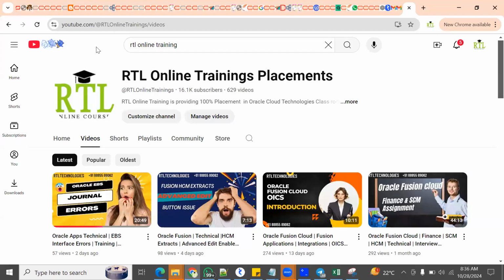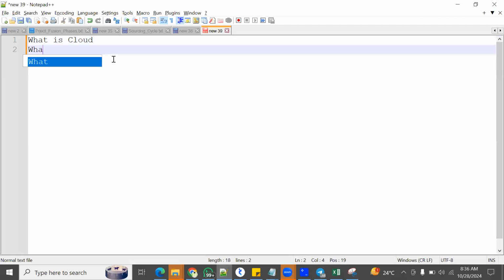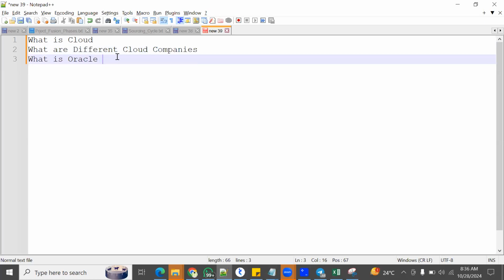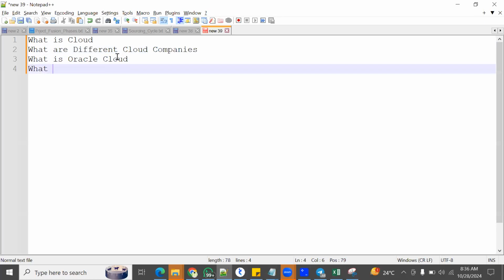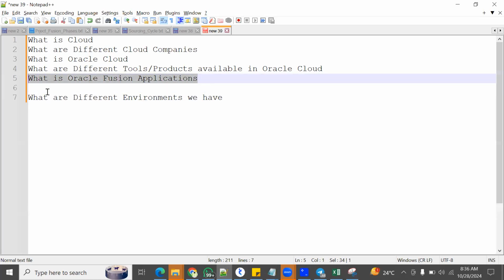So today we will talk about what is cloud, what are different cloud companies we have, what is Oracle Cloud, what are different tools or products available in Oracle Cloud, then what are different environments we have, then what is Oracle Fusion, what is Oracle Fusion applications, what is Oracle Fusion applications supply chain management,